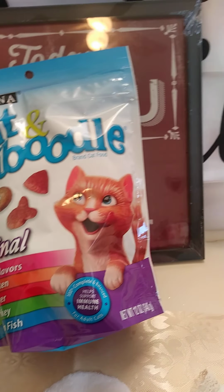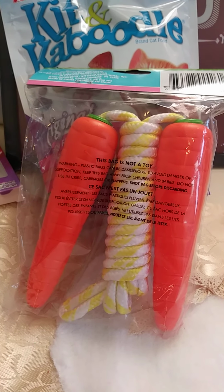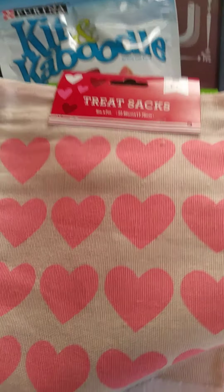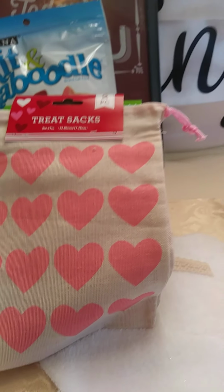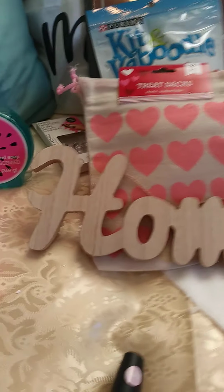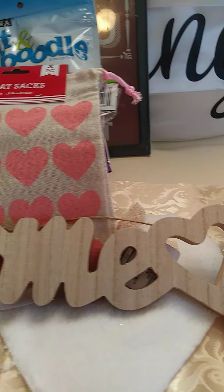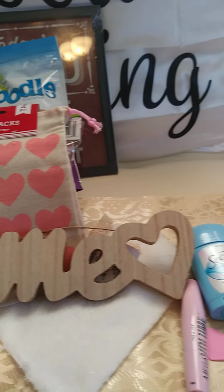Then I got this jump rope because God knows I'm trying to lose a little bit of weight and this might work. I don't know though. And then this, another treat bag with the little hearts all over it. And then this, another wooden sign that says home. And then the home has a heart. Now, I'm going to be doing some DIYs with a lot of these things that I showed you. As a matter of fact, let me show you one of the DIYs I did with